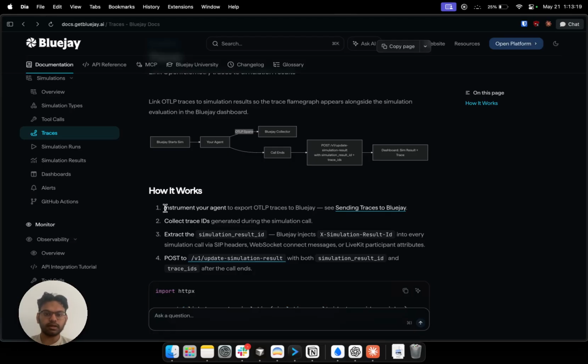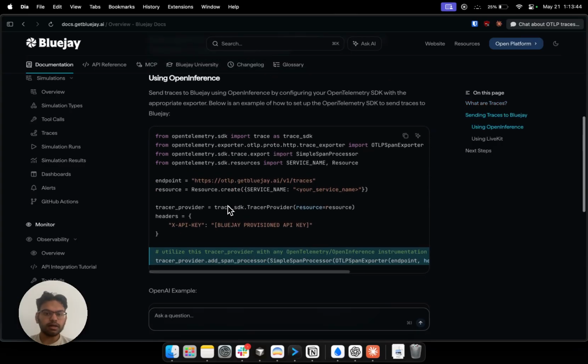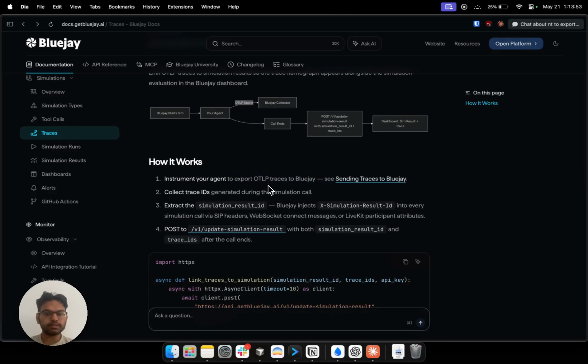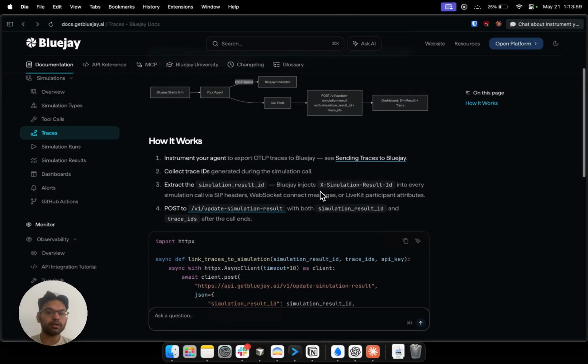The first step is instrumenting your agent. This involves setting up an OpenTelemetry compatible provider. This can include things like LangFuse, OpenTelemetry, anything like that with your agent, and instrumenting your agent code to export the traces. There's a good guide in the docs about how you can set this up and forward those traces to Bluejay. After you instrument your agent with traces, and also instrument with tool calls, keeping track of the tool calls throughout the conversation,